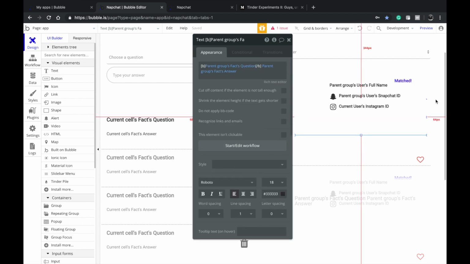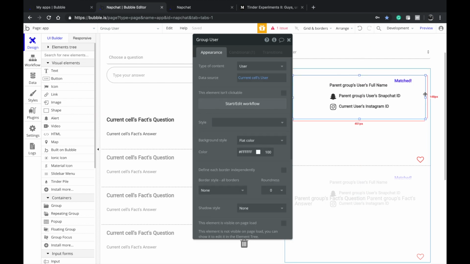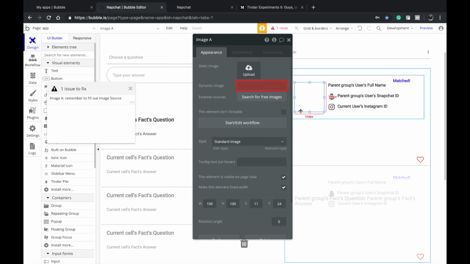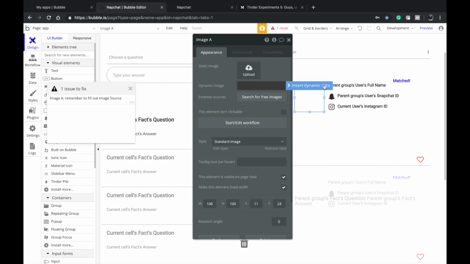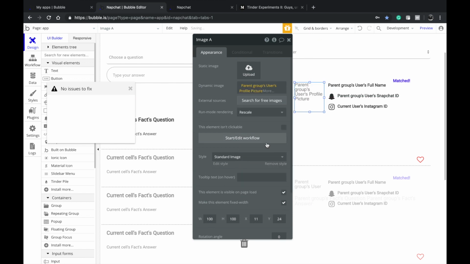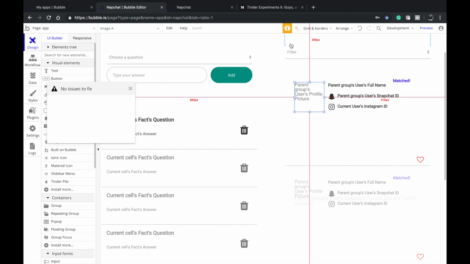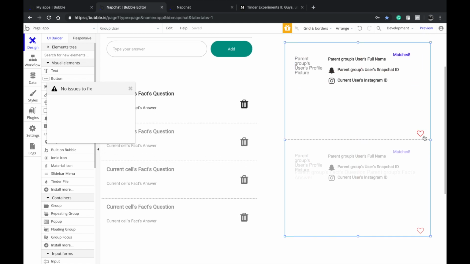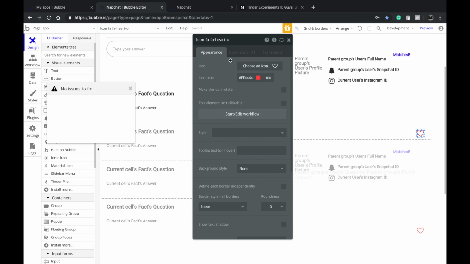Don't worry about the design aspect, like that it looks so bad. Actually, it won't in the long term. So let's see what the issue is. Oh, we forgot to display the profile picture of that person. So insert dynamic data, parent groups, users, profile pictures. That will display there. So I hope everything is ready, but let's go ahead and if I like this person,